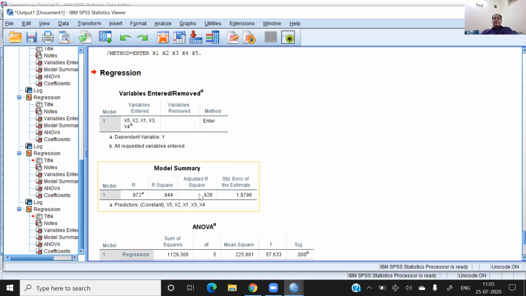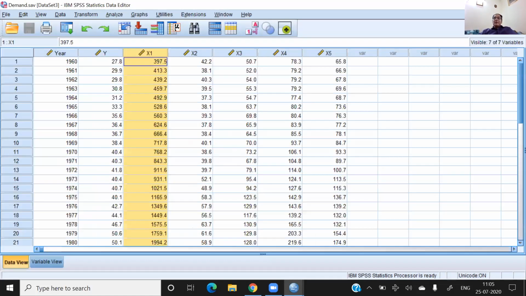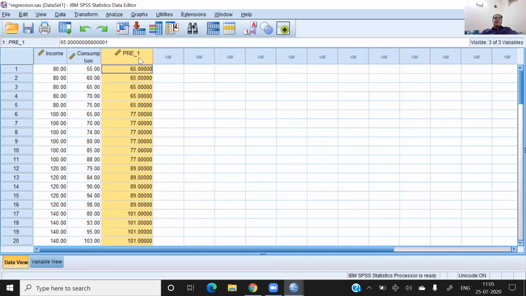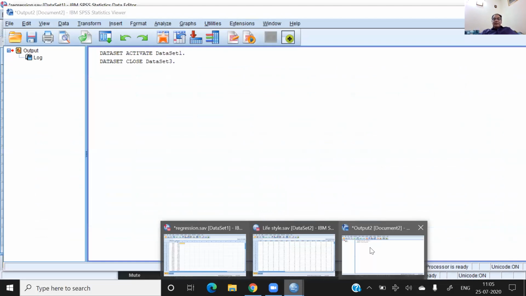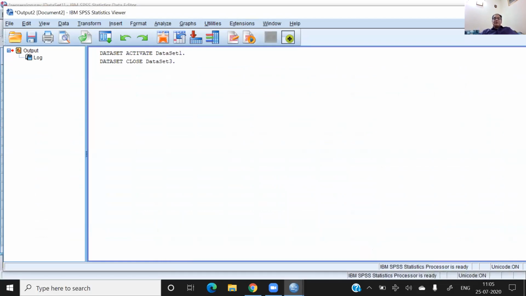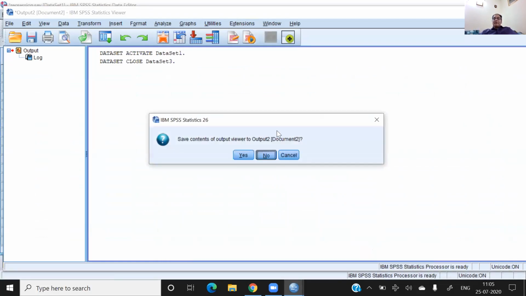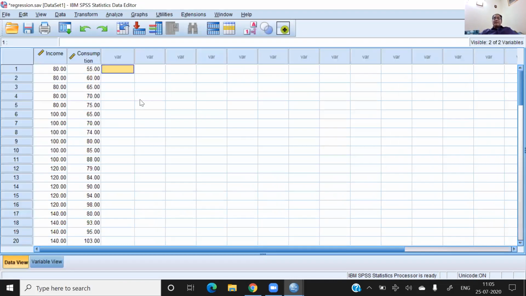So in this way, we can decide whether we can add a new variable in the regression model or not with the help of adjusted R square. We can say adjusted R square is the model fitness, and we use this concept of adjusted R square in deciding whether we should keep the variable in the regression model or not. I hope now you have clarity on the three aspects: R square, adjusted R square, and R. So let's move further, because the next concept is a little complicated.